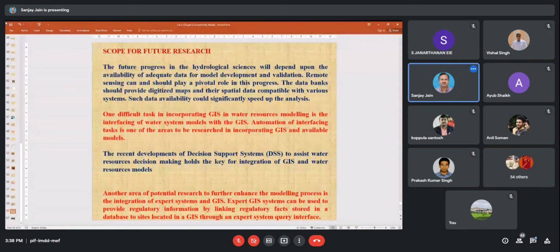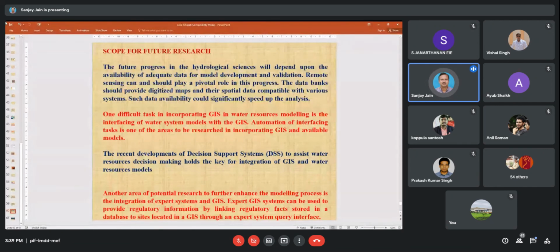Another area of potential research is that we have to develop expert systems, which of course requires some kind of computer or programming knowledge. So that also is possible. Through people with a computer background, we can generate software, like we are doing in our institute, creating a DSS in which computer experts are working along with us.